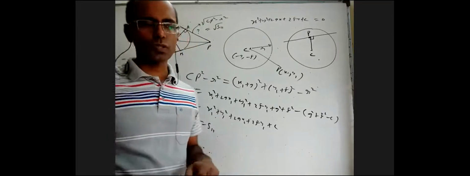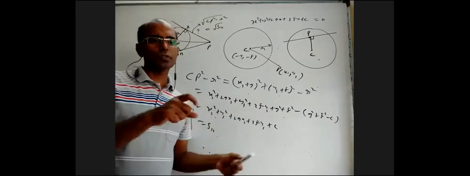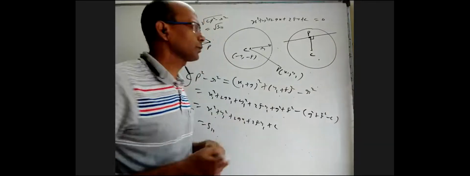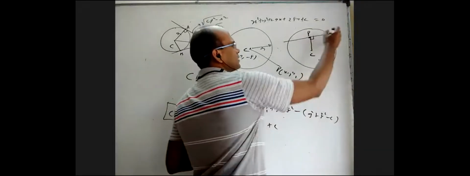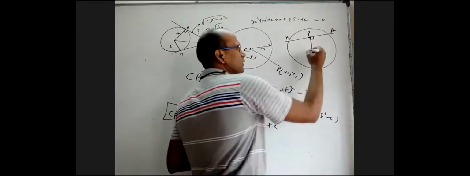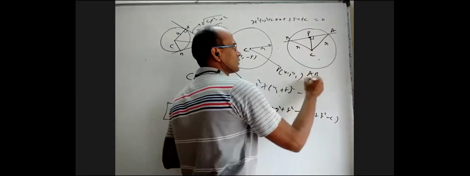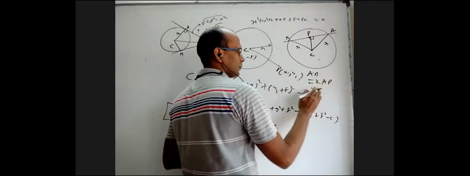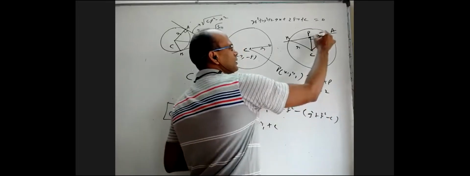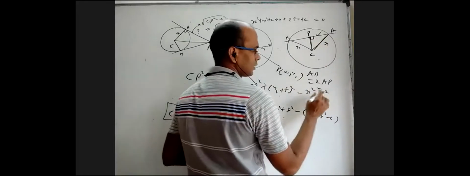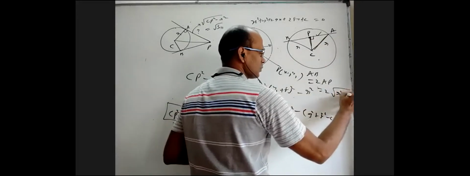In past years, in advanced questions also, you'll find a lot of questions where you need to know some geometrical properties, not just the coordinate geometry way. Anyway, if you take the midpoint of a chord and join it to the center, that will be perpendicular to the chord itself. That is one property which you can easily prove. Now, how to find this length? I'll call this A, this B, P is the midpoint, this is r, and this is r. So if I want AB length, that will be 2 times AP length. But what is AP length? This square, which is r square, minus this CP square, so it will be 2 root r square minus CP square.